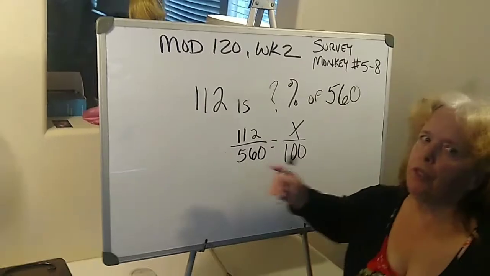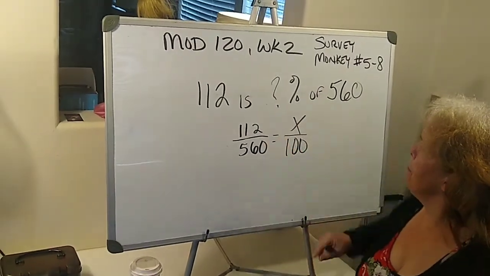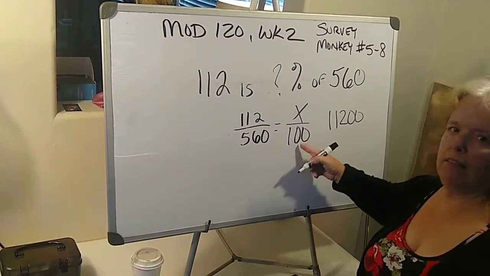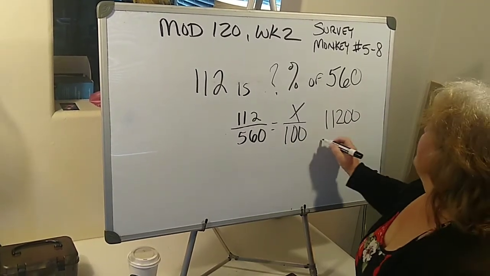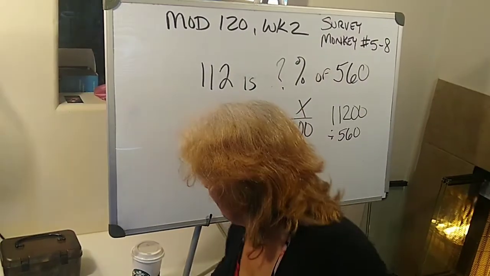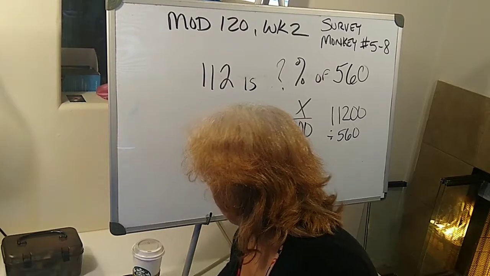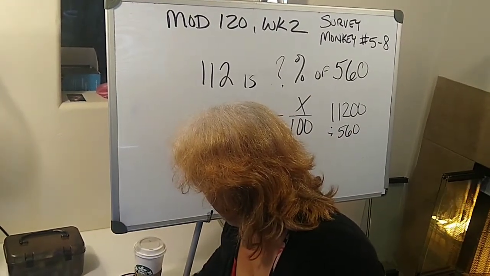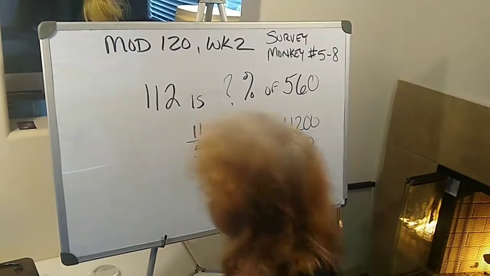Okay? What two numbers cross each other? Boom, boom. 112, add 2 zeros to that to get the times 100, right? And then divide by 560. So 11,200 divided by 560 equals